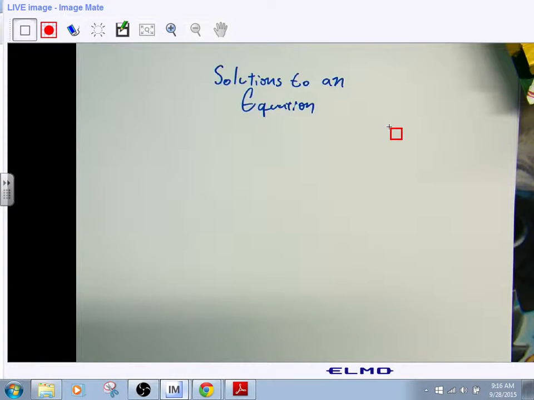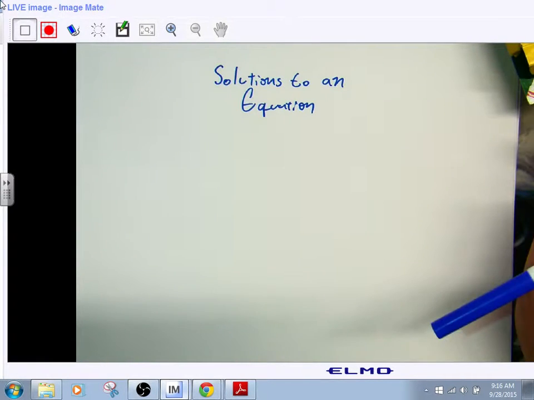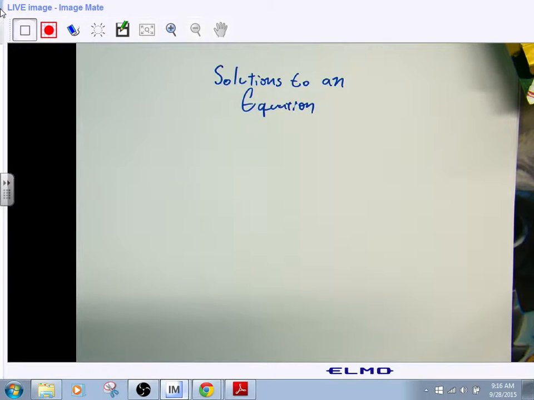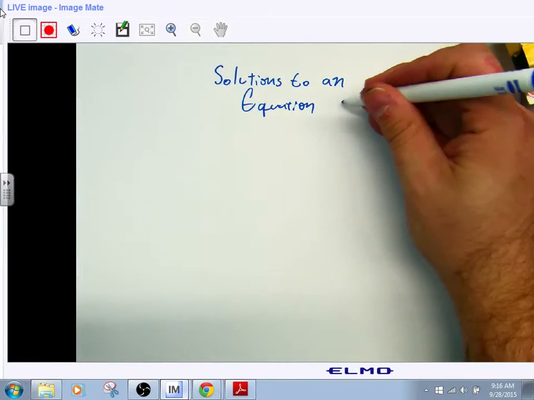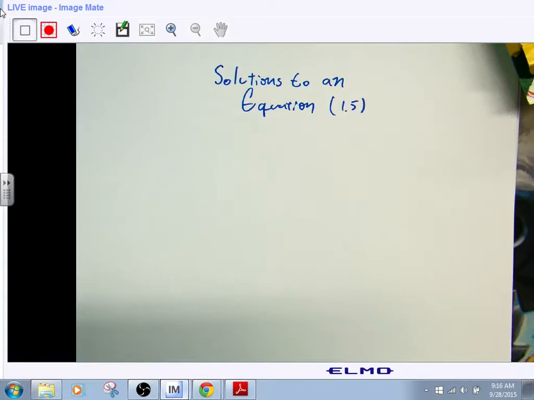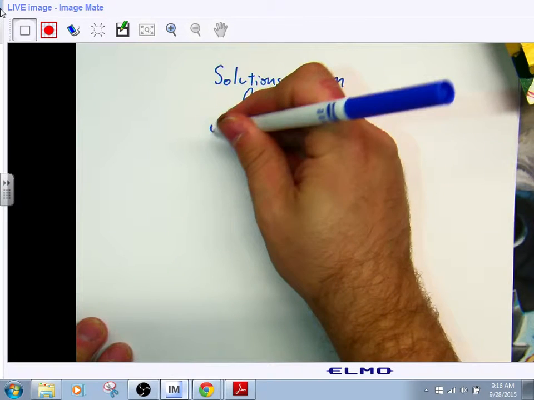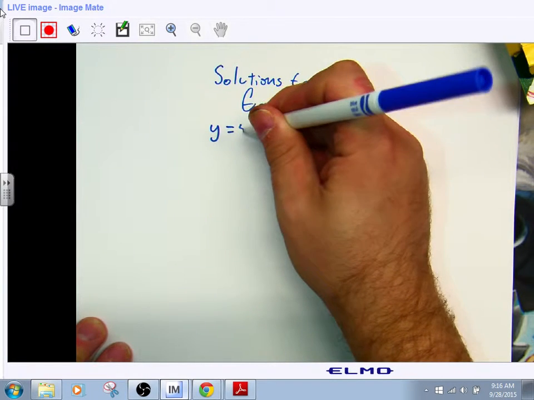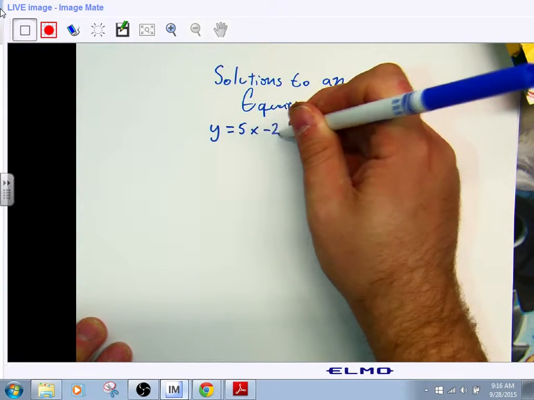All right, so what I want to do today is show how we can check the solutions to an equation. This is something that's going to be on your homework for sections 1.5 and moving forward, because we know how to graph lines, we know how to work equations, but then we have to check to see if things are solutions. So when you're given something that says something like y equals 5x minus 2, all right,